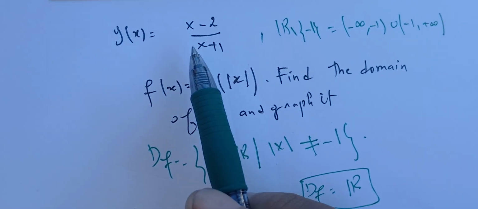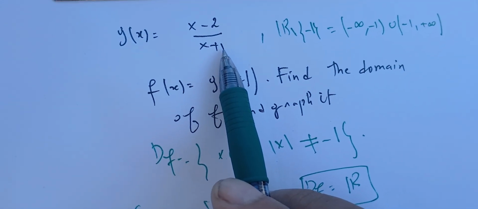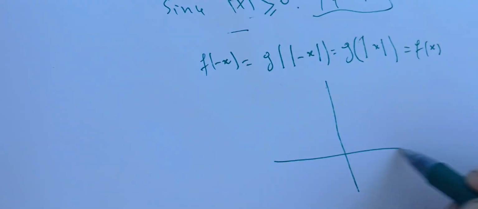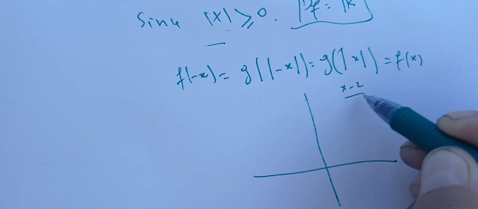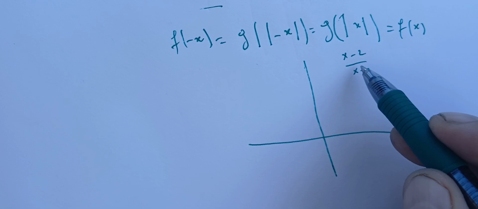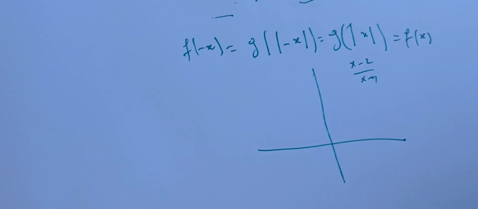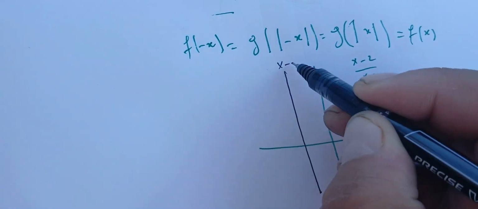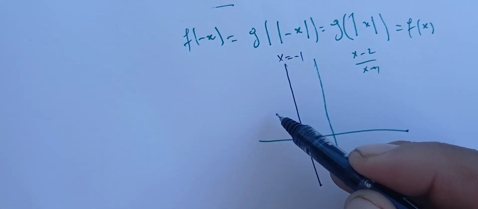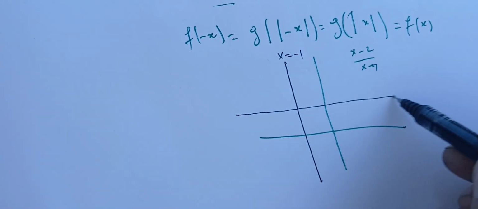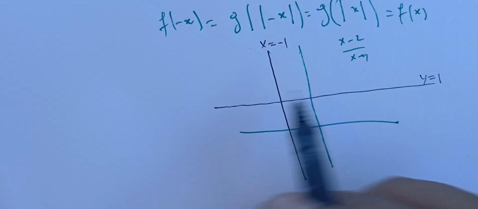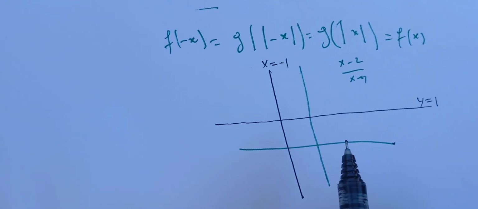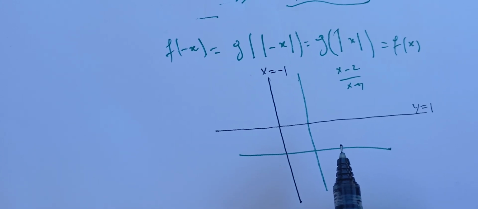Here g is not defined when x is -1. Let me write it here: (x - 2) over (x + 1). It's not defined when x is -1, so we have an asymptote here, x = -1. And also we have this limit, y = 1, which is the limit when x goes to plus or minus infinity. And when x is 0,